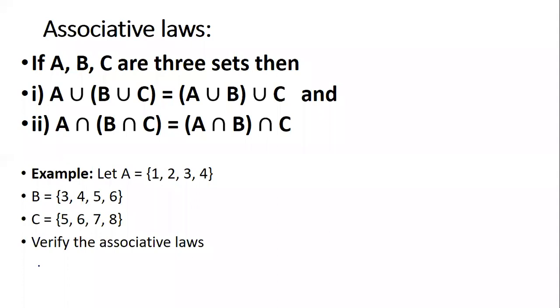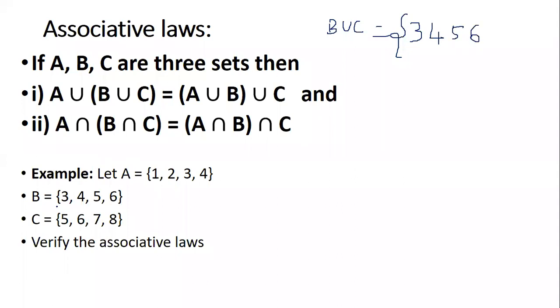Okay, let's see an example. We'll understand again through an example. Now set A is 1, 2, 3, 4. Set B is 3, 4, 5, 6. And set C is 5, 6, 7, 8. Now first we have to find out B union C. For B union C, which is the first set I have to consider? Quick. Set B. Good. So from set B, I'm going to write down 3, 4, 5, 6.